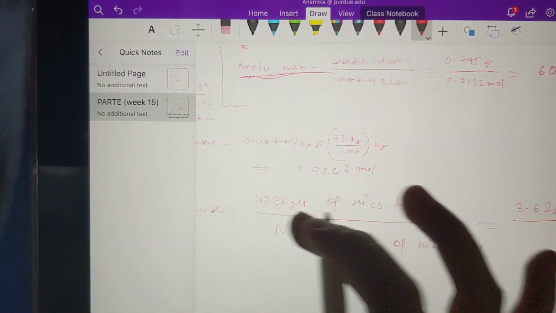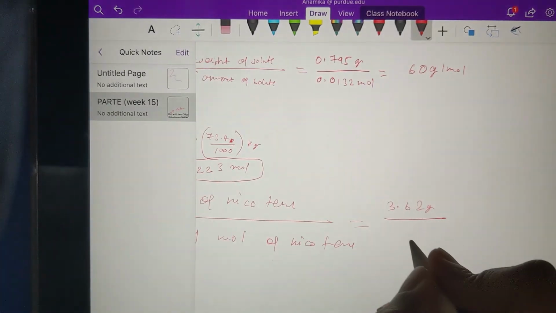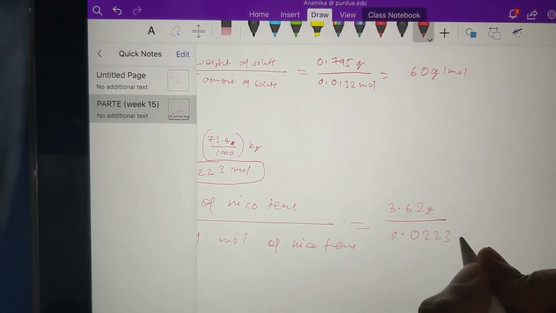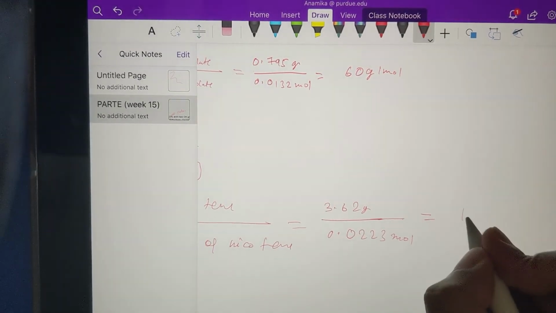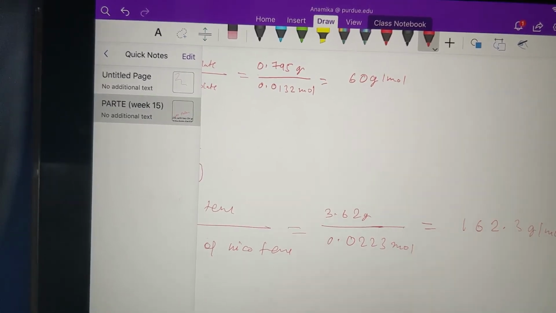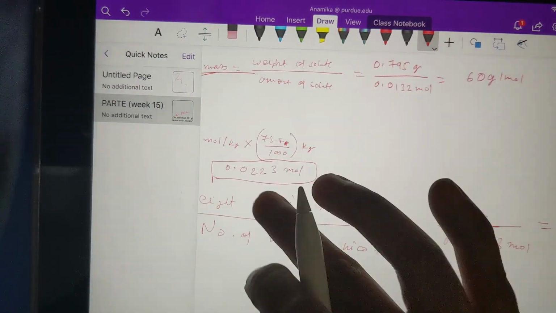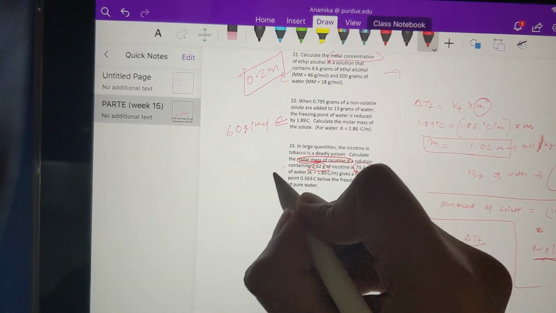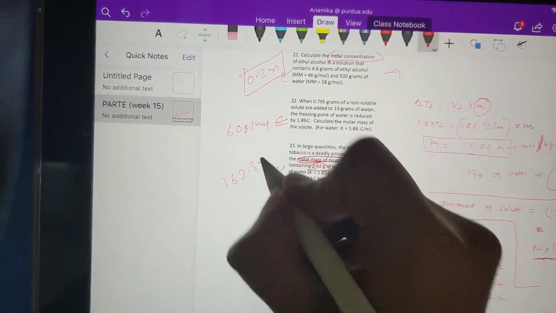And then the number of moles we just calculated here, which is 0.0223. So you get around 162.3 gram per mole. So this is the molar mass of nicotine. So for this one, the answer will be 162.3